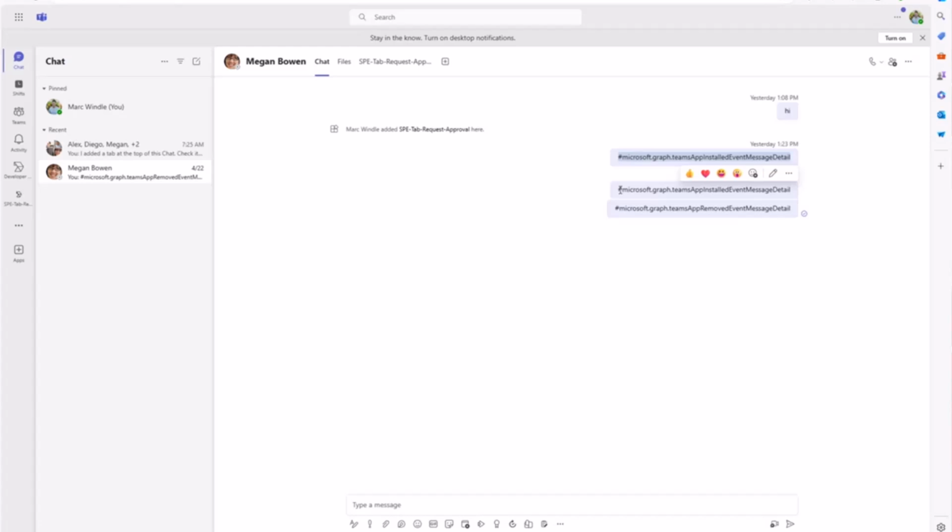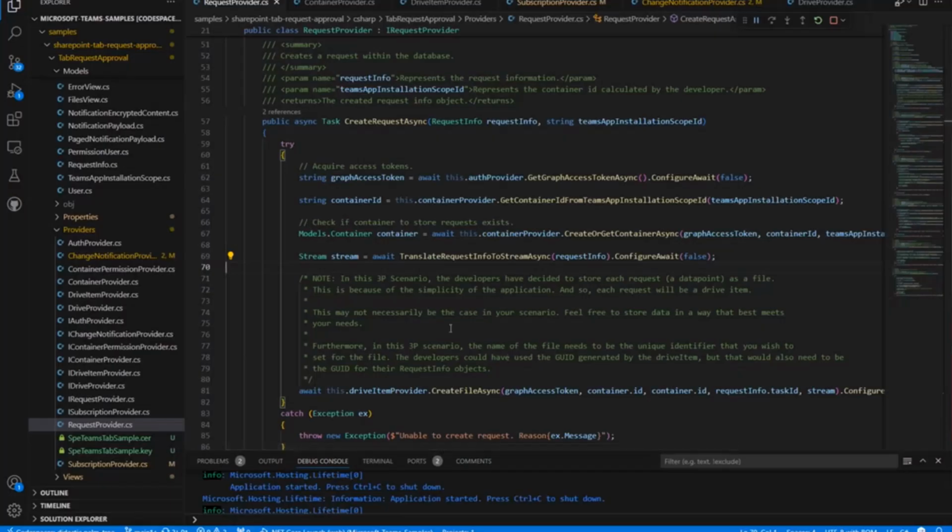But the neat thing about that when it comes to SharePoint Embedded is that you can use that for lifecycle management of containers. And so you can manage the content of your Teams tab application or other type of Teams application within SharePoint Embedded. So that's pretty cool. I'm going to pop quickly over to Visual Studio Code just to show you how this